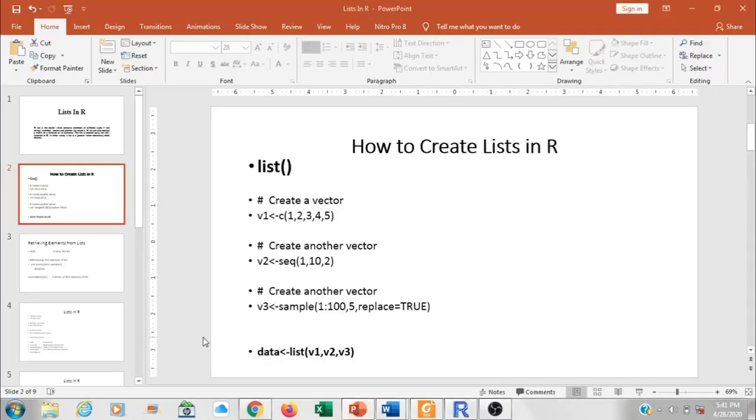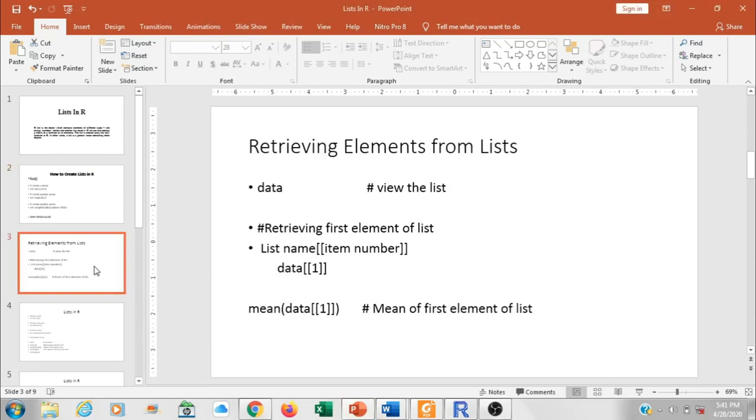Now to retrieve the elements from the list, these are the commands we run. If you just want to view the list, I will write the list name data, and if we want to retrieve certain elements out of the list, then we will use this syntax: list name, and within double brackets I will write the item number, the element number.